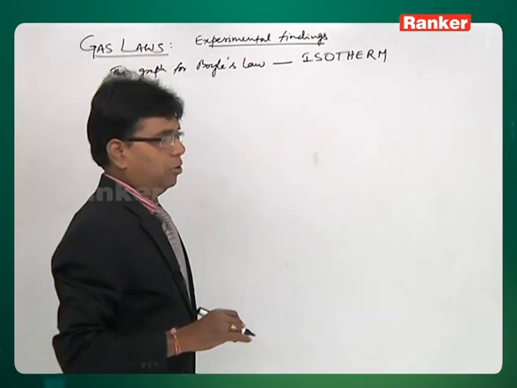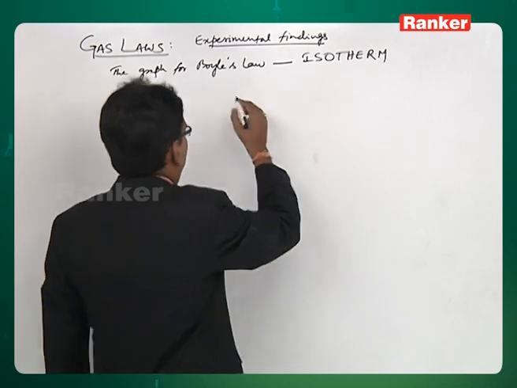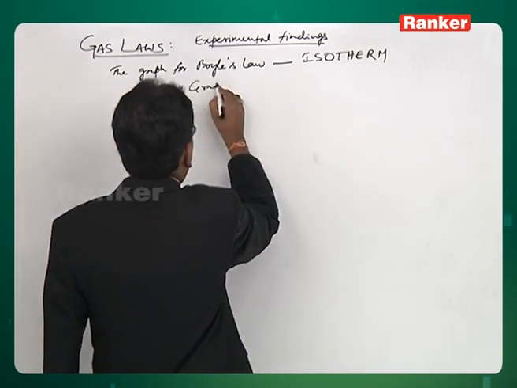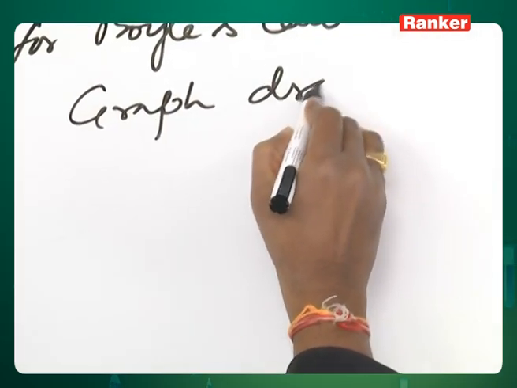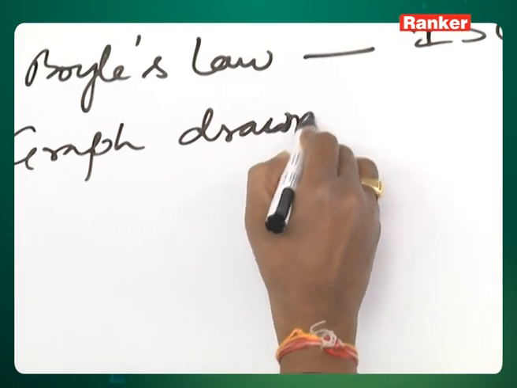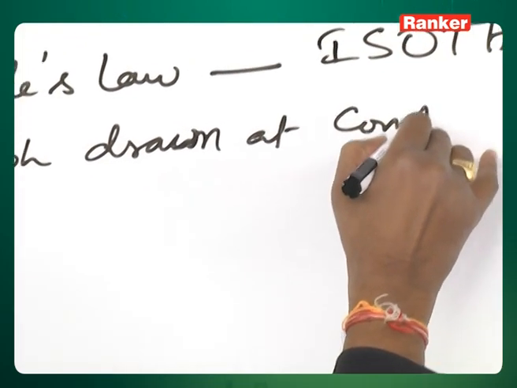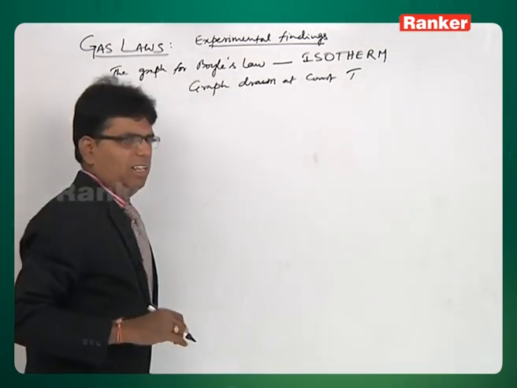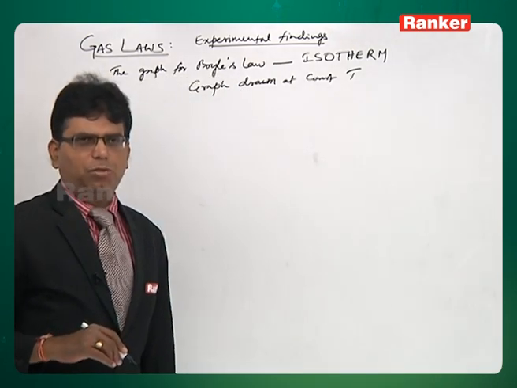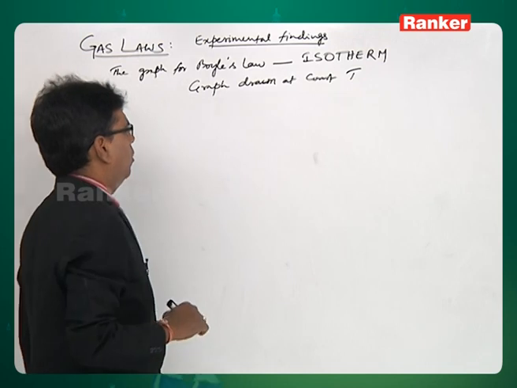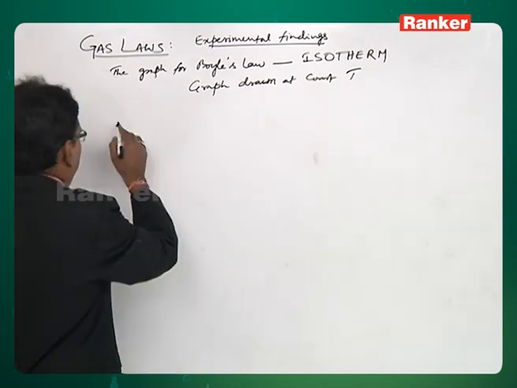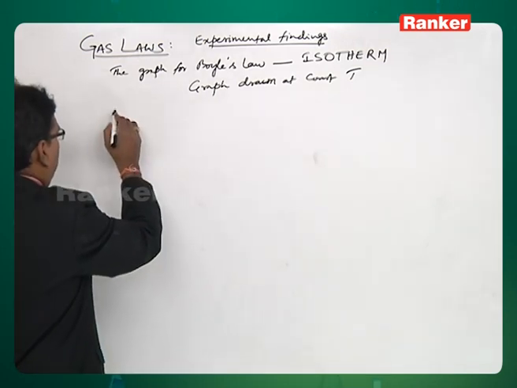Isotherm means a graph drawn at constant temperature. Any graph that is drawn at constant temperature is what we call an isotherm. Now, for this Boyle's law, as we told,